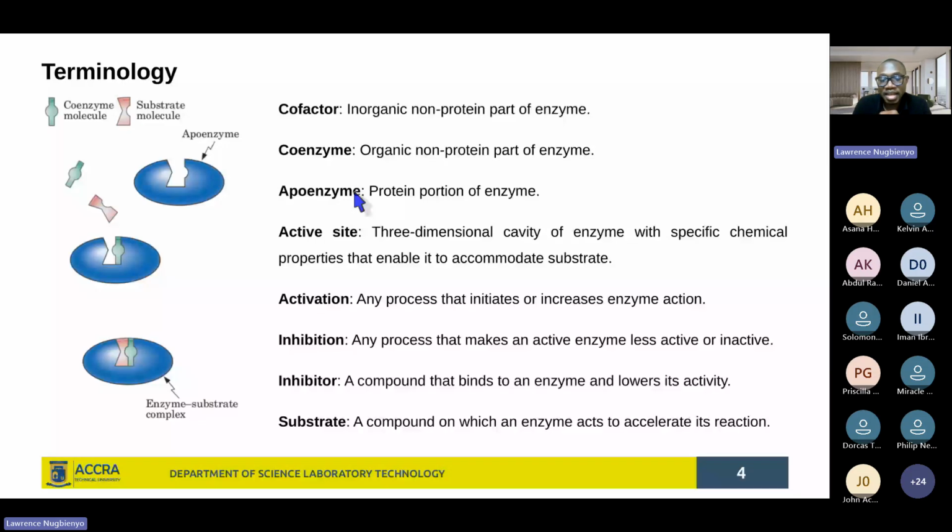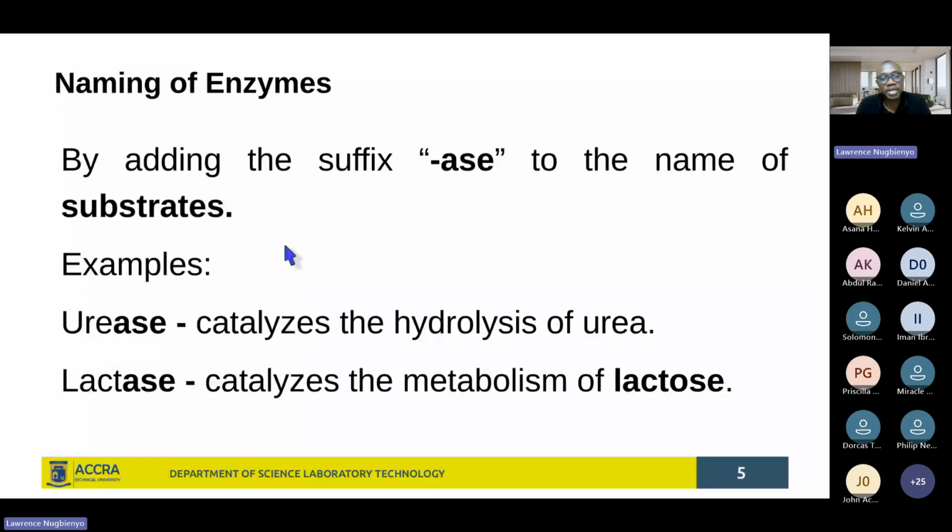So that sugar is a substrate to the enzyme that is acting on it. All right, so these things understood, we can move on to how enzymes are named, naming of enzymes,